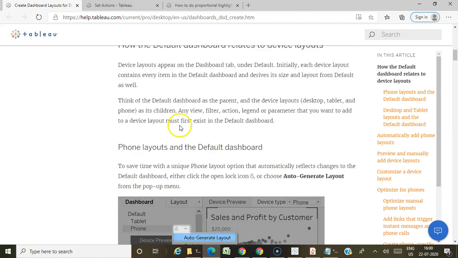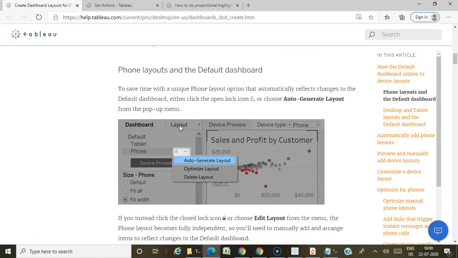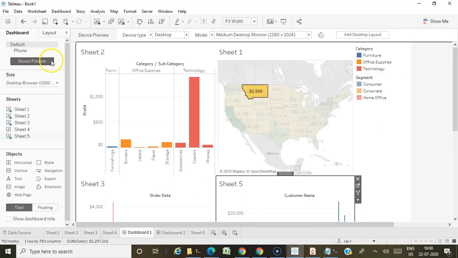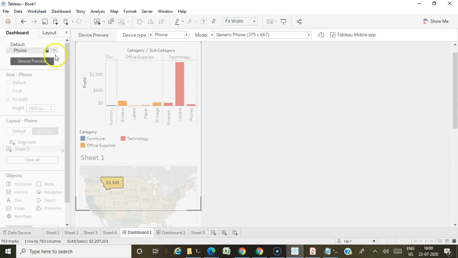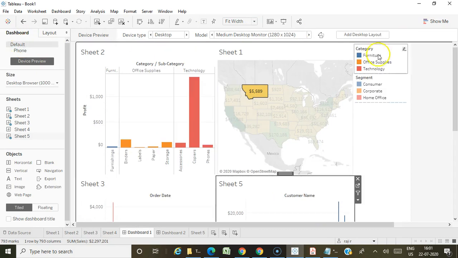So in case you want to add a phone layout, in that case you have to click on the phone layout. Okay, so click on the phone layout and here you can optimize the layout, auto generate the layout, and you can choose these options, and you can also add your phone layout here.